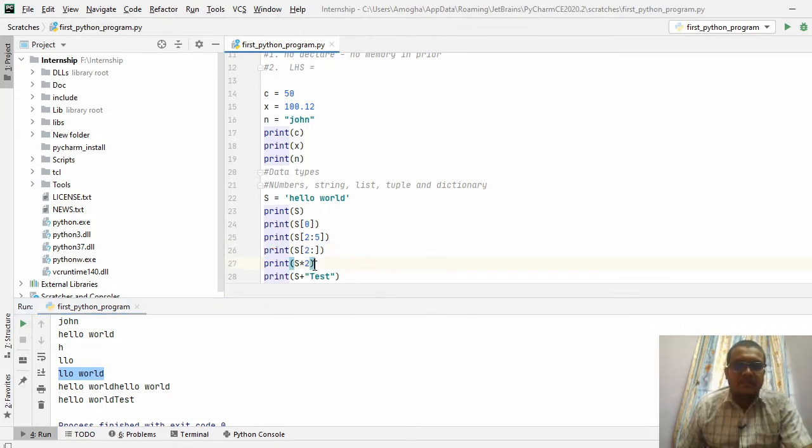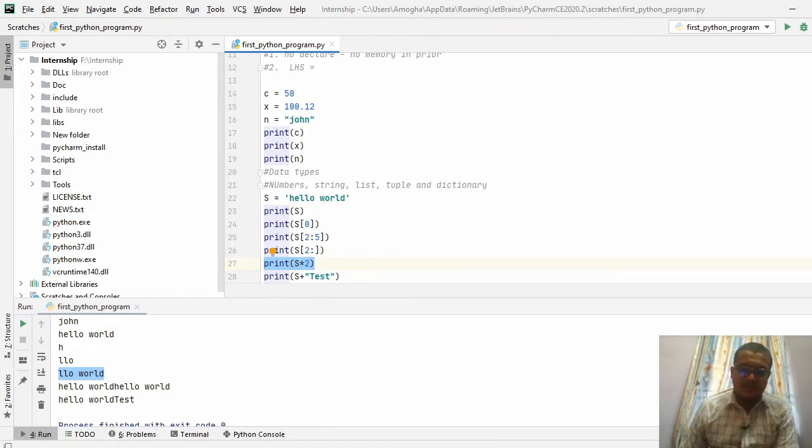So the next one, we are having a multiples, we are just multiplying or making the string double. So hello world have been printed twice without having space. I have been told earlier, without having space it is going to be just printed. So here addition operation to the string. So hello world, for hello world, test is going to be added without having any of our spaces. So hello world test. So this is all about a first data type called string.